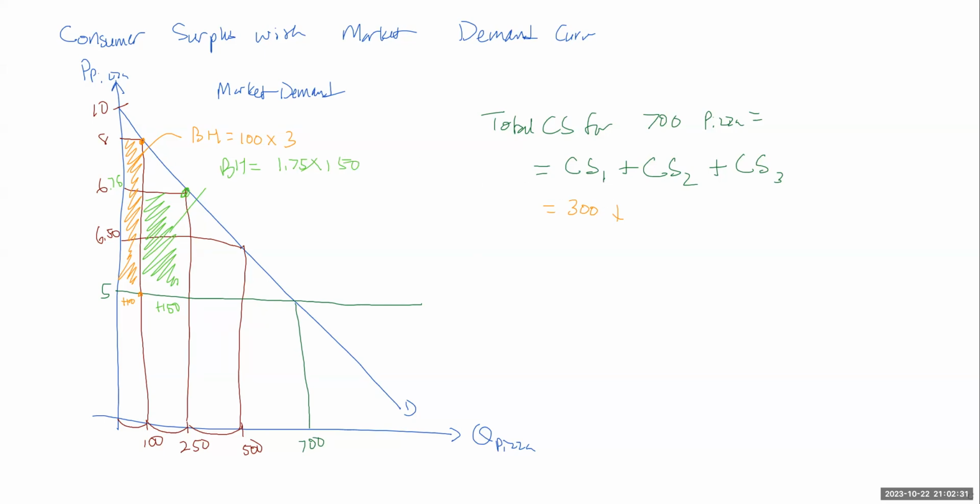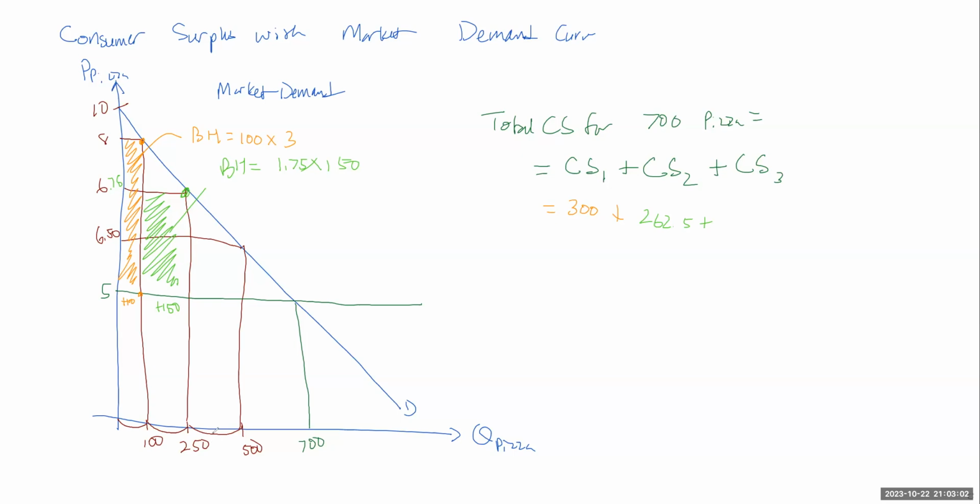Give me a calculator. Hold on. And that is 1.75 times 150, which is 262.5. The third tranche of people entered,